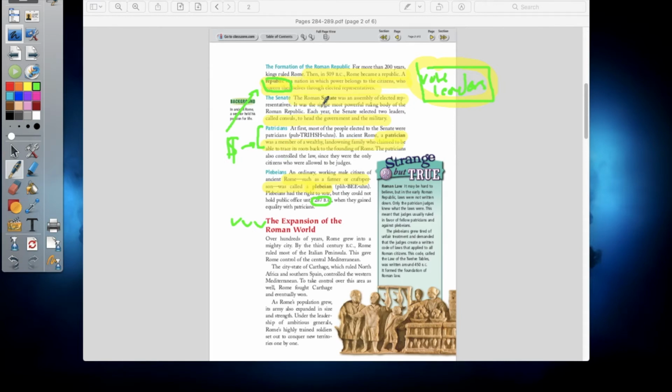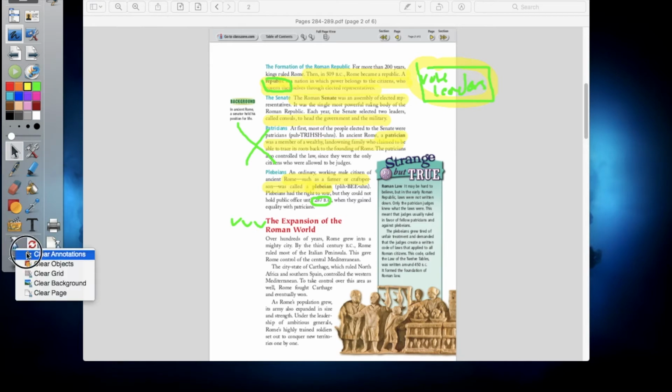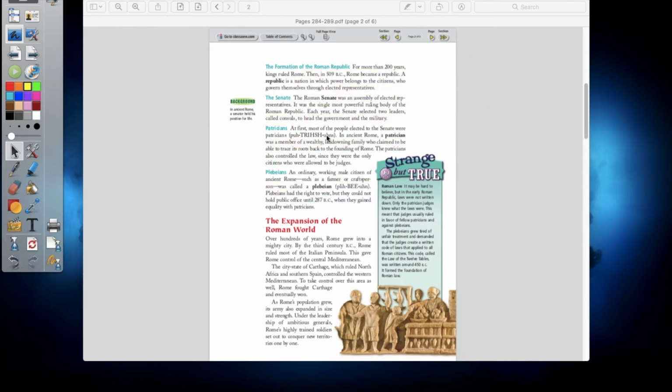So for example, when the United States decided to become a democratic republic, where we decided to have democracy to elect leaders and a republican form of government, we made sure as a country that this whole patrician plebeian system didn't take place. Originally, some of the founding fathers wanted to adopt this system, like you had to own land in order to run for office or to vote. But luckily, another portion of the population said no, that's a bad idea because look what it did to Rome. It destroyed Rome in the end. So that's an example of things working for us. And that's how their government kind of worked out. But we'll talk about how that caused problems later on.